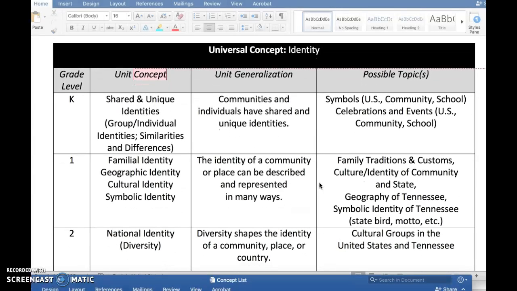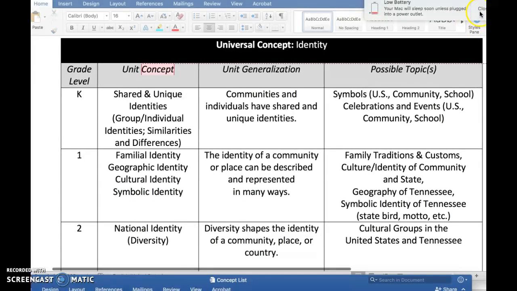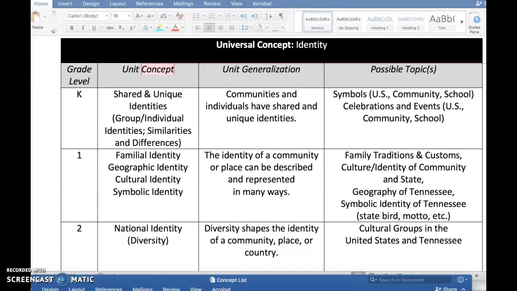Another concept that I selected is identity. Now, I know in this political era, this day and age, the concept or the idea of identity is sometimes controversial, at least from maybe a more moderate or conservative point of view. Talking to students about identity in the younger grades, or using that word in particular, might be a little controversial.